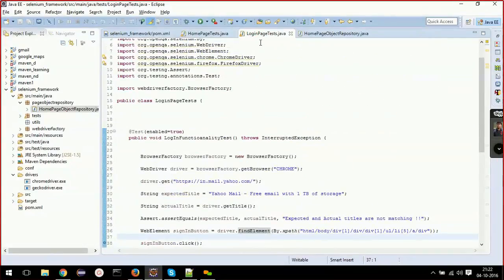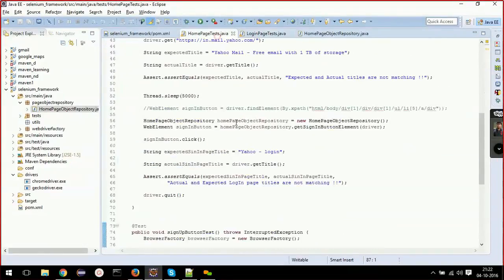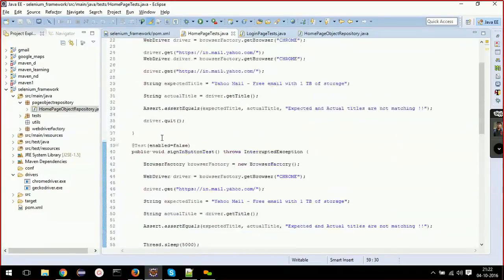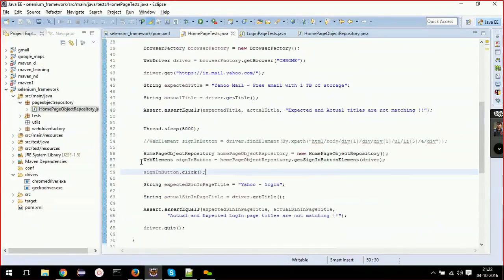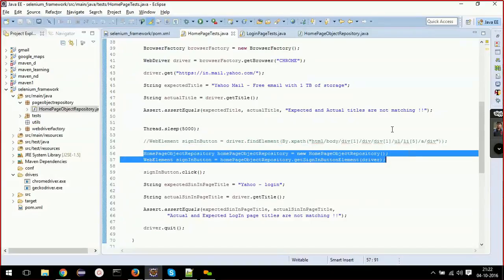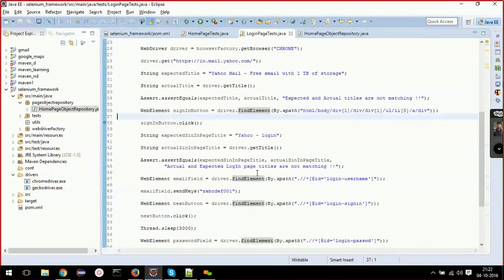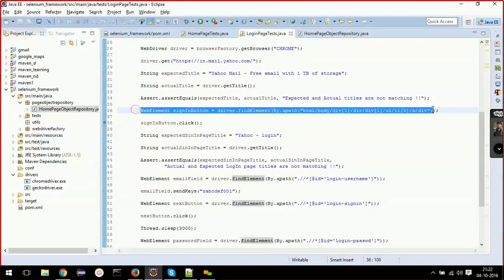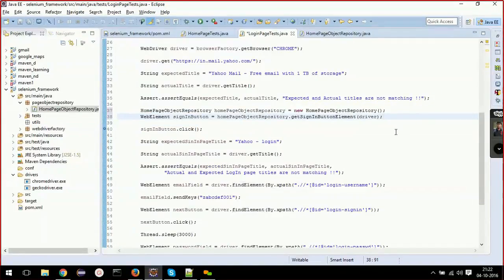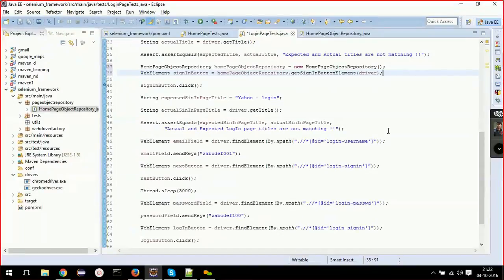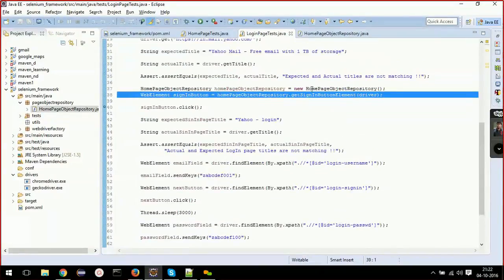Similarly in the login page test, that is another class, we'll do this. Wherever I need the sign in button, I'll go and replace this with, okay, here this is the sign in button, right? I don't want this. I would replace this with this. Okay, now see,